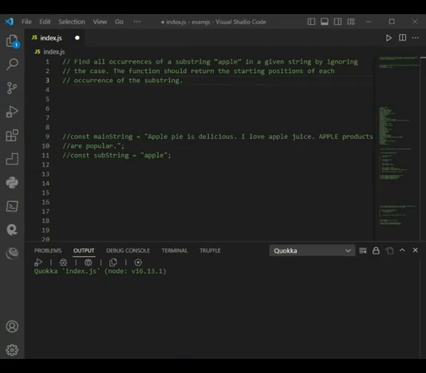So we need to write a function that searches for all instances of the substring apple within a given string, without considering the case, so uppercase or lowercase. We should ignore the case of the characters. So the function should find all starting positions